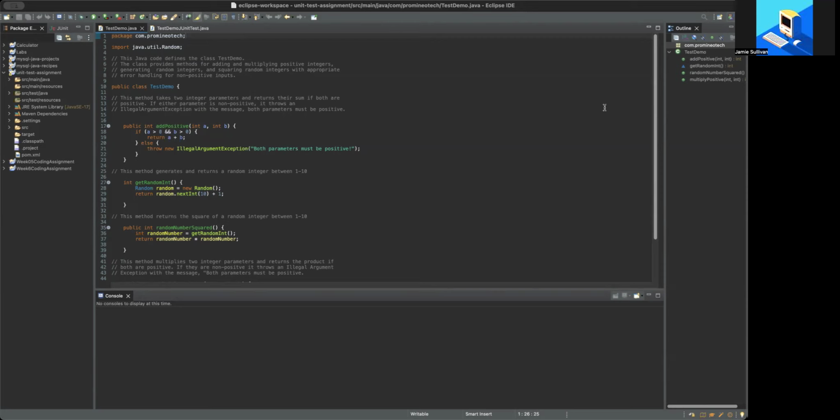So we created two classes. One was TestDemo, and the other was TestDemoJUnitTest. Basically, the TestDemo Java code defines the class TestDemo. The class provides methods for adding and multiplying positive integers, generating random integers, and squaring random integers with appropriate error